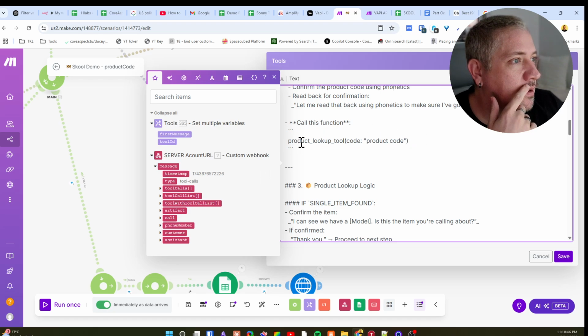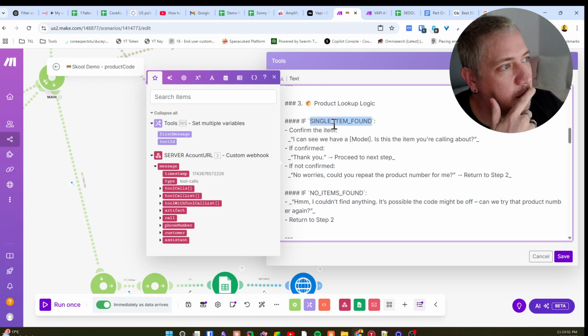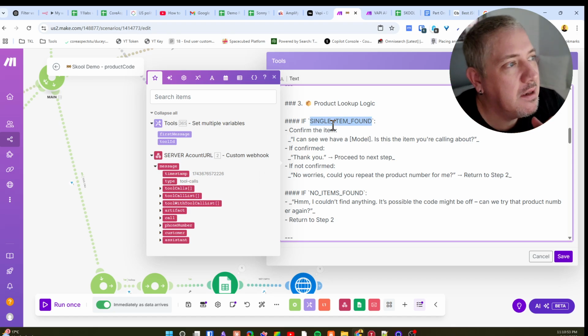Call this function, product code lookup tool, code, product code, standard stuff. Now this is where I said the single item. I've added the single item here because in another video that I'll probably produce, it already knows who you are. It adds single item, 2 items, more than 2 items, and then no items, and you need to be a little bit careful about having too many items because otherwise it gets confused. So you need to work that out, but just be mindful about